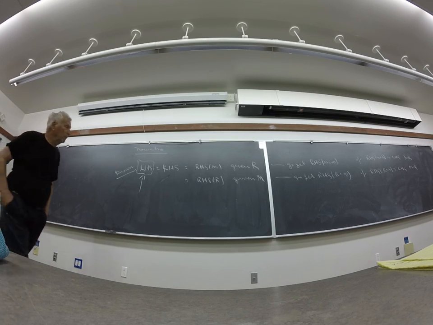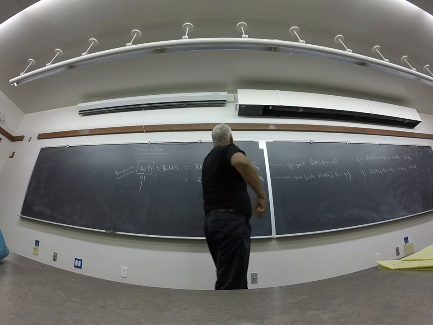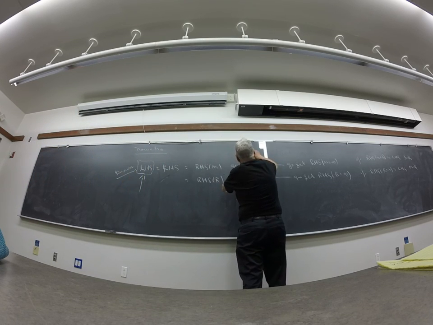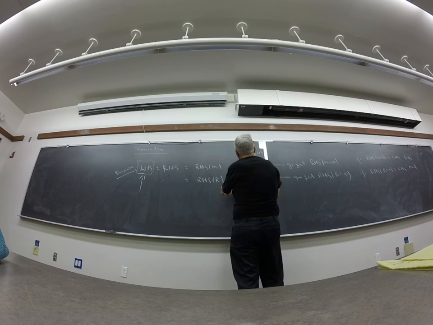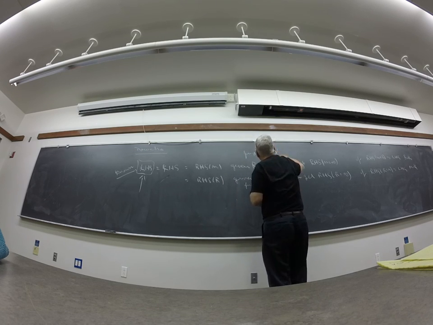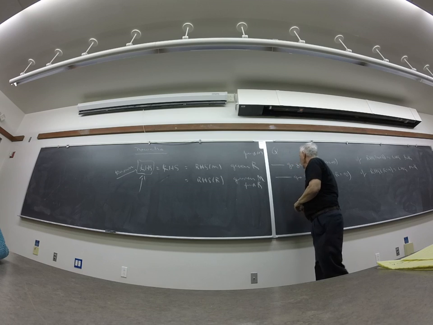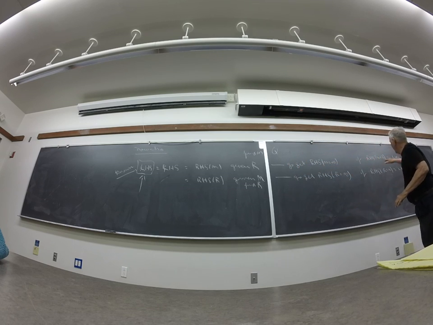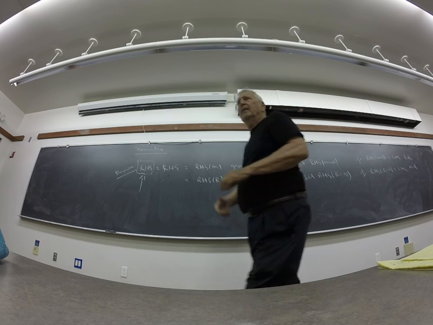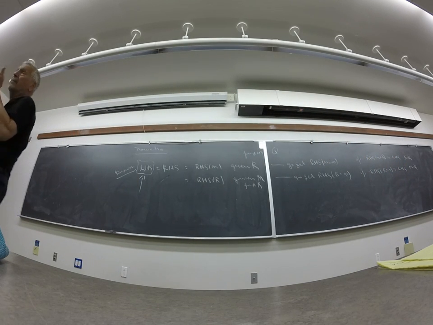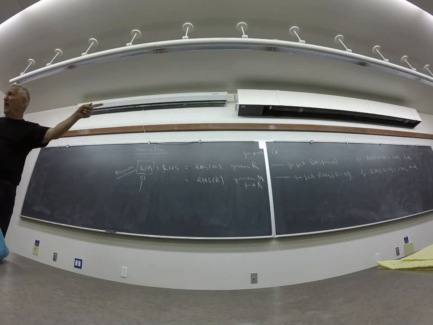There were two problems. One, you were given R, and your job was to find N. And the other was you're given N, and your job was to find R. And the question we were always asking was, in this case, is R enough, or in this case, is N enough? Well, a compact way of stating what's going on is this here. Now, I'll say something about that, but is it clear?